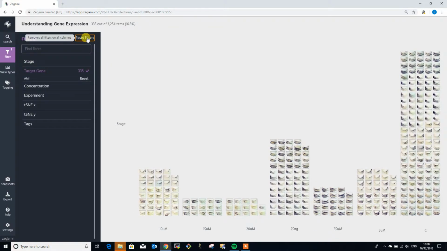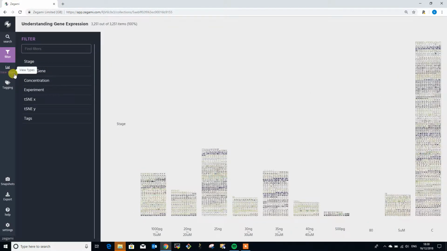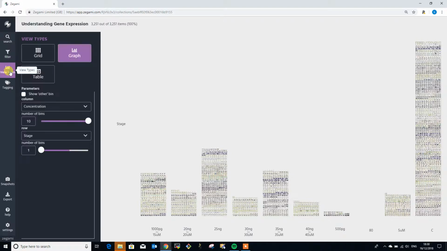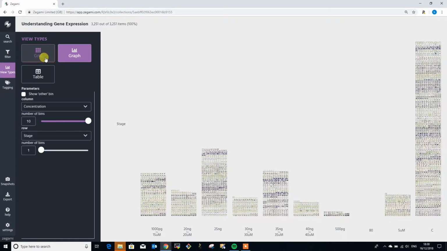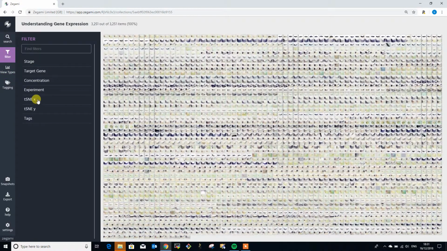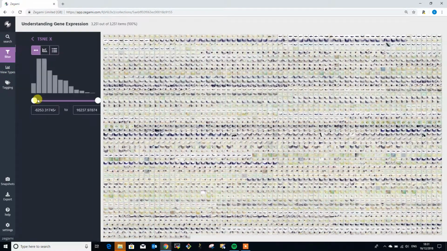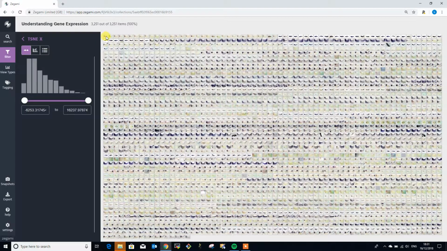So let's just reset all the filters of that. So just to show you a different way we can look at data in Zegami. We can go, for example, from a type of plot called a t-SNE plot. So let's go back to grid and do the filter. So we've done pre-calculated t-SNE. So it's basically unsupervised machine learning on all this data,